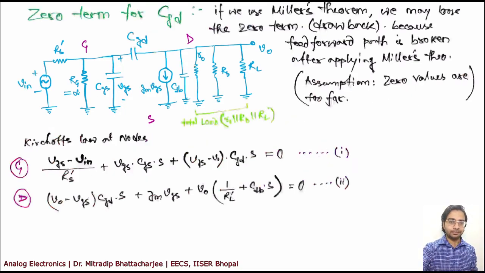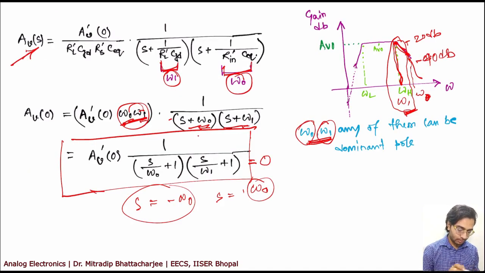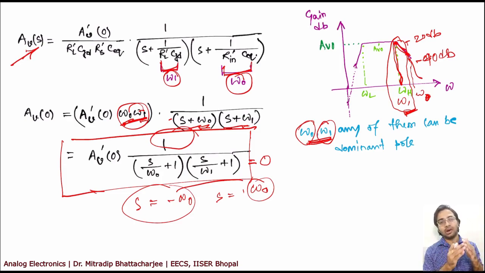Now if you see that there is no zero term in this particular expression, only poles, right? There is no zero term. Does that mean there is no zero? I already said that if two signals out of phase meet at the output, they will cancel each other and will create a zero. Zero means your V0 will be 0. And here also in the circuit you have two paths, but there is no zero term appearing.